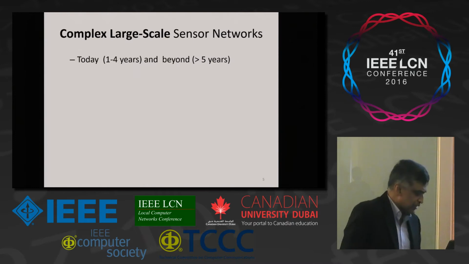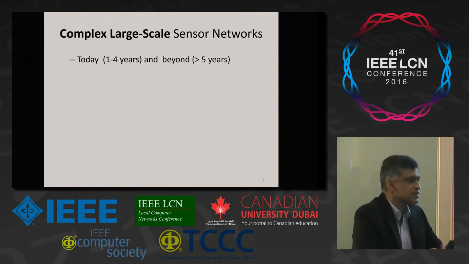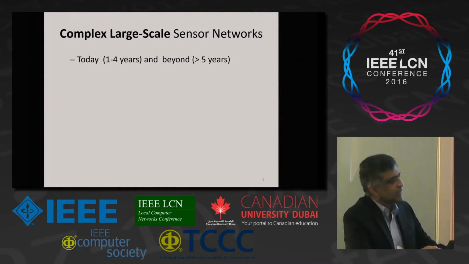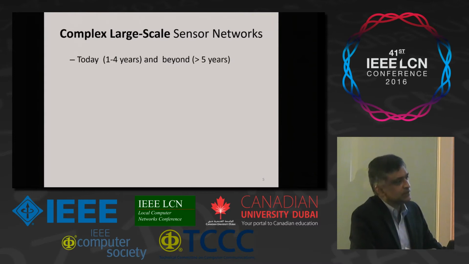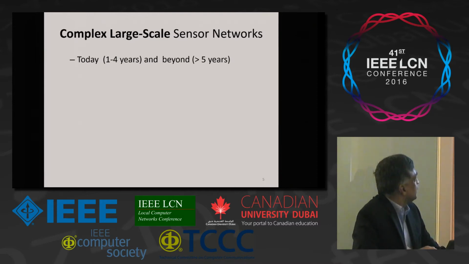All right, so we are talking about coordinate systems for large-scale sensor networks, complex large-scale sensor networks. When we talk about complexity, maybe we can take a short-term view, like the next 1 to 4 years, and a long-term view, maybe beyond 5 years, right? Some of what I'm saying is applicable to short-term networks, and later developments that I talk about will be applicable for these other types of networks, as far as the scale is concerned.